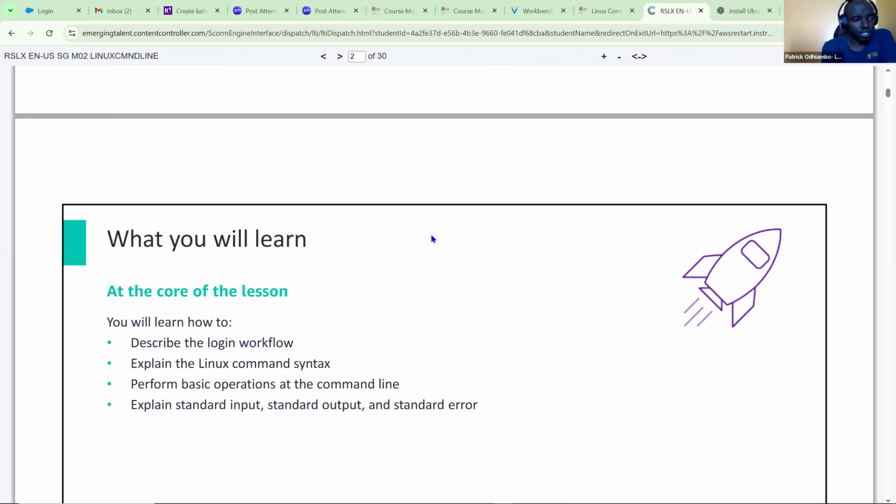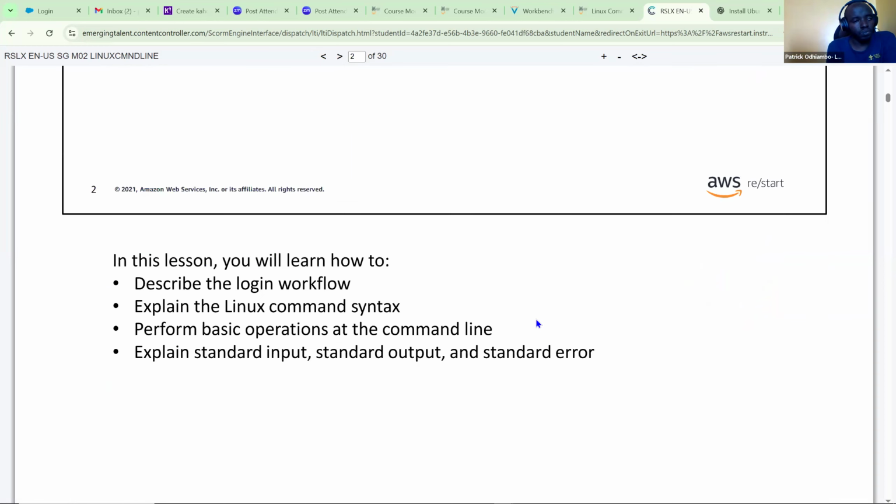By the end of this module, you are supposed to be able to describe the login workflow, explain the Linux command syntax, perform basic operations at the command line, and explain standard input, standard output, and standard error. So those 3. Those are the objectives that we seek to meet by the end of this module.